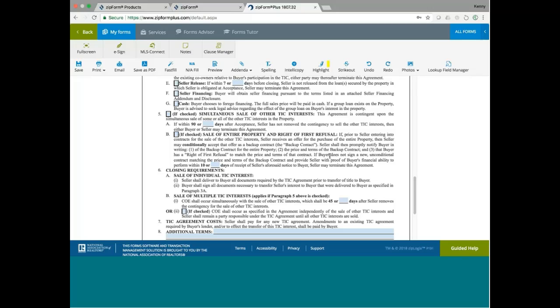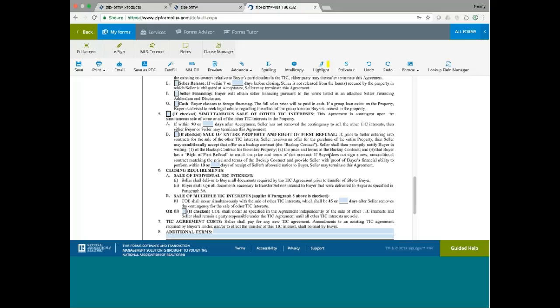So the way to handle this situation is, well, I would prefer to sell the entire building. So I put in this condition that if somebody offered to buy the entire building, I will make that offer a backup offer. So if you are a buyer for the fractional interest, you could lose your right to purchase your fractional interest